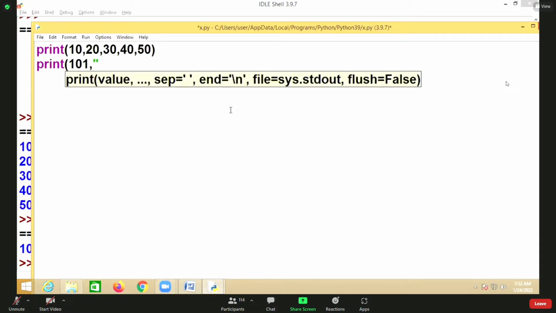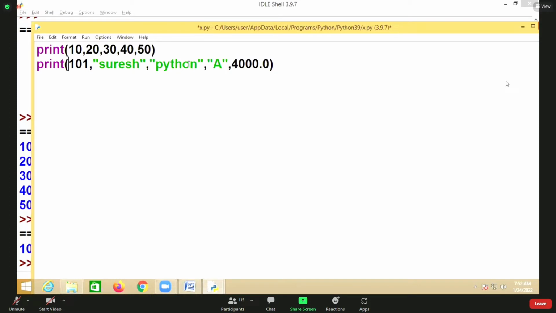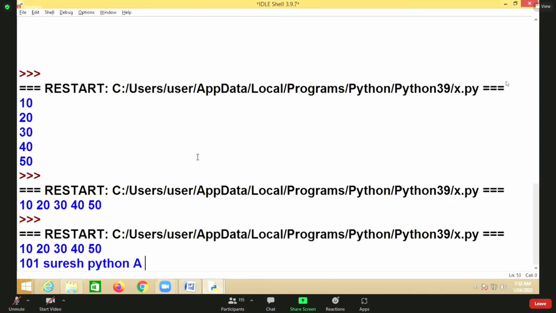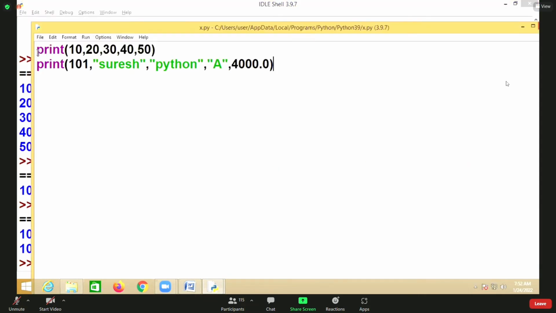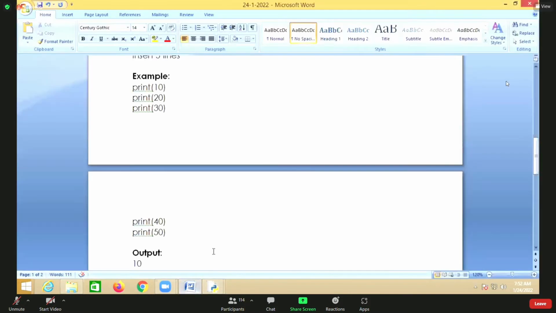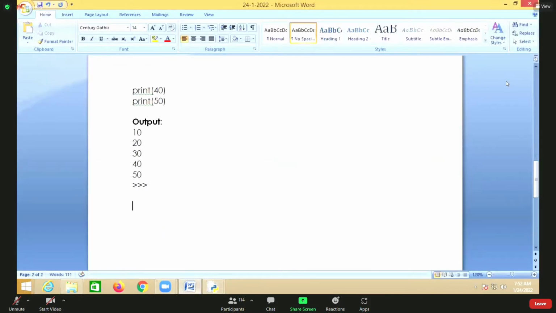Suppose 101, 101 Suresh, Python, Python, some A section, and this is a phase. So I try to print how many values here? 5 values, and each value is separated with what here? Comma. But in the print statement, each value is separated with what here? Space. So it means the default separator used by print is,